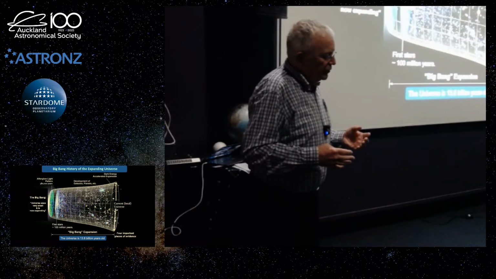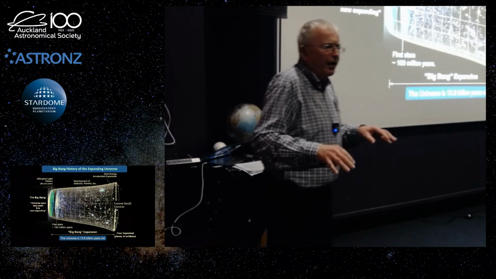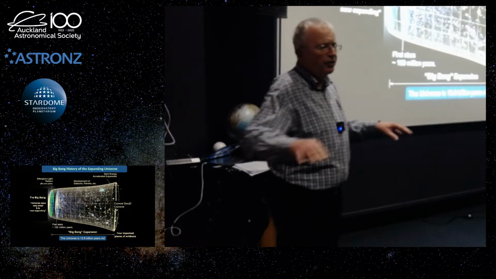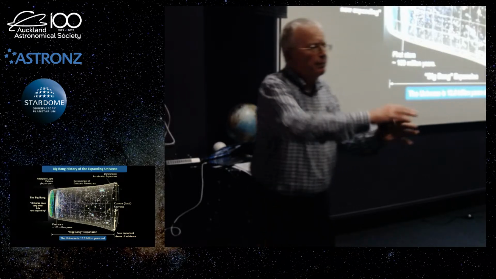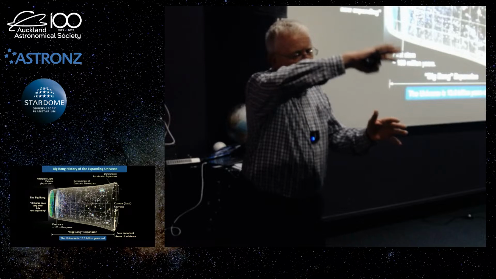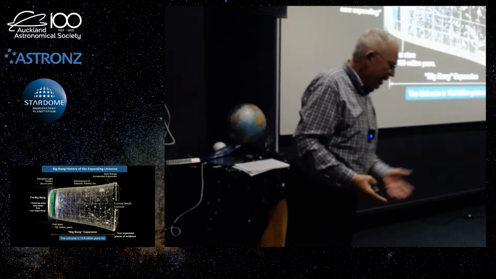And they worked out from there the temperature of the universe at that time would have been roughly about 3,000 degrees, which means the light would have been in the red part of the spectrum, peaking in the near infrared and then spreading out from there. So that's what the wavelength of light would be.